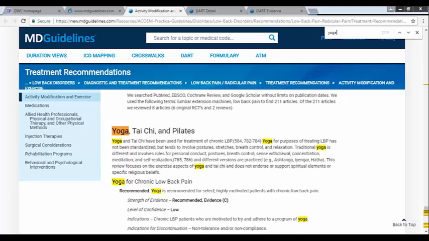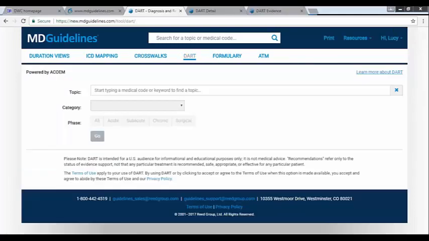And then lastly, I want to mention that with DART, we are also going to be providing another option for searching for information. So right now, users need to come in with a medical code or the name of a topic. However, in the next update that we'll do, you will be able to search by a treatment name.